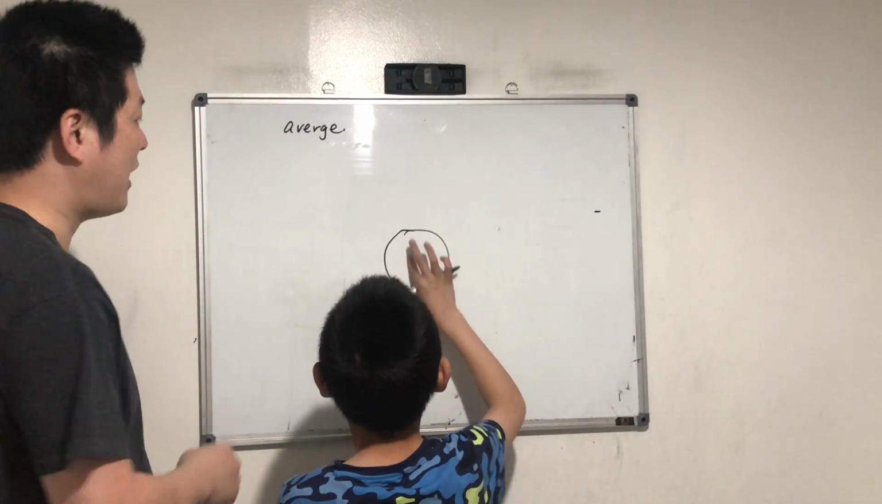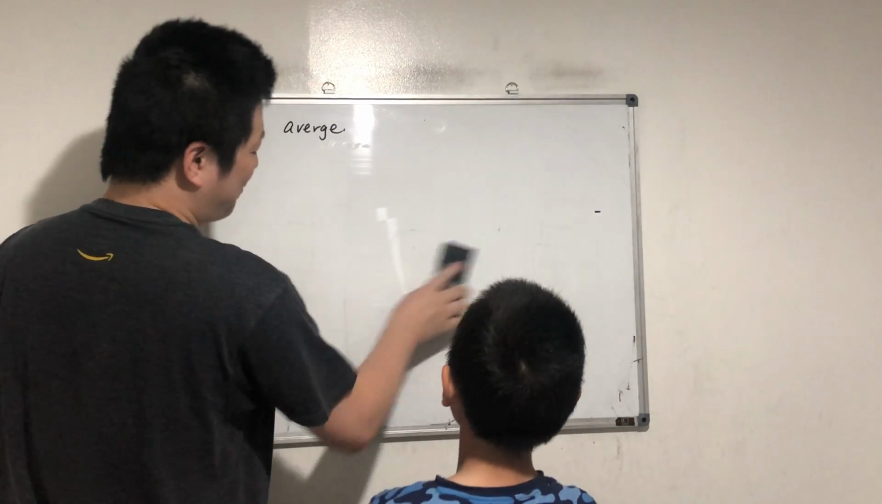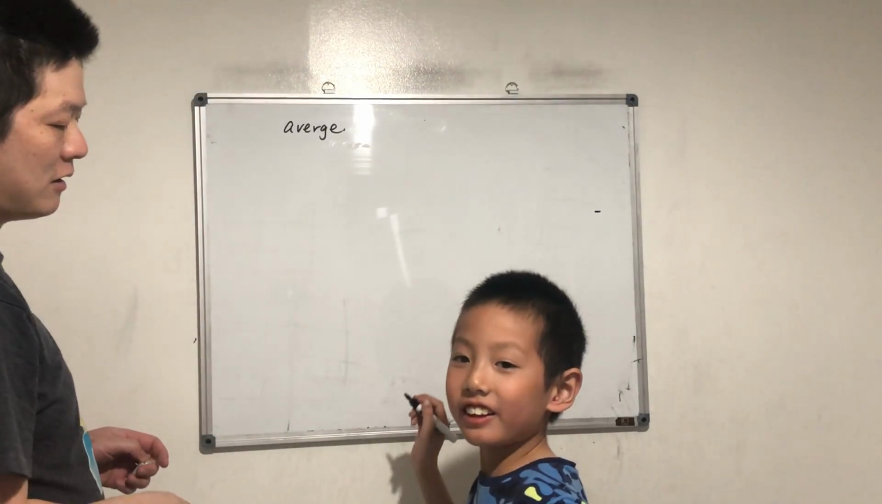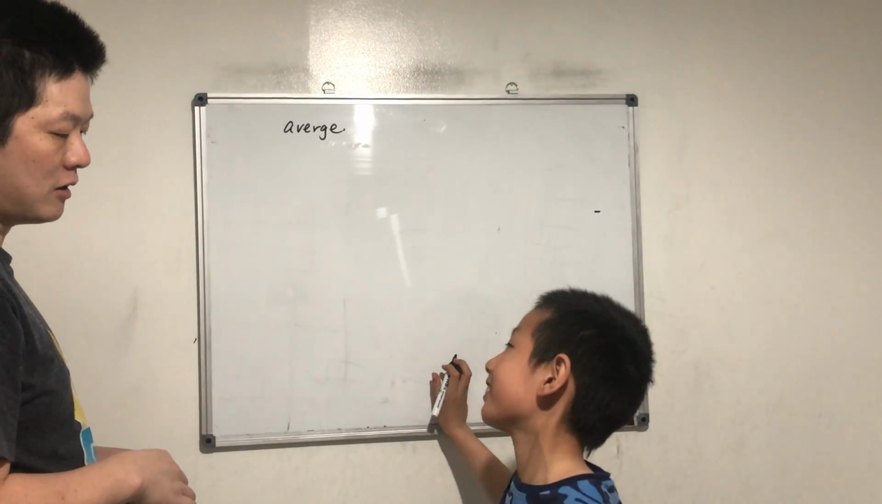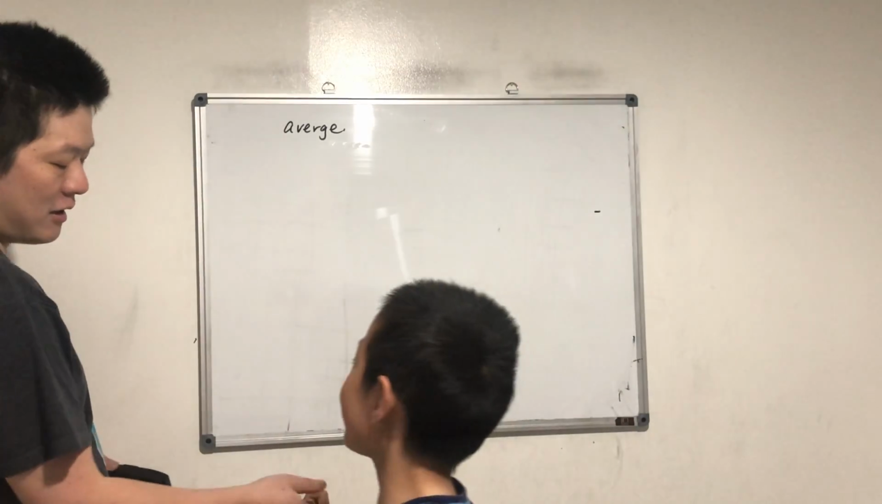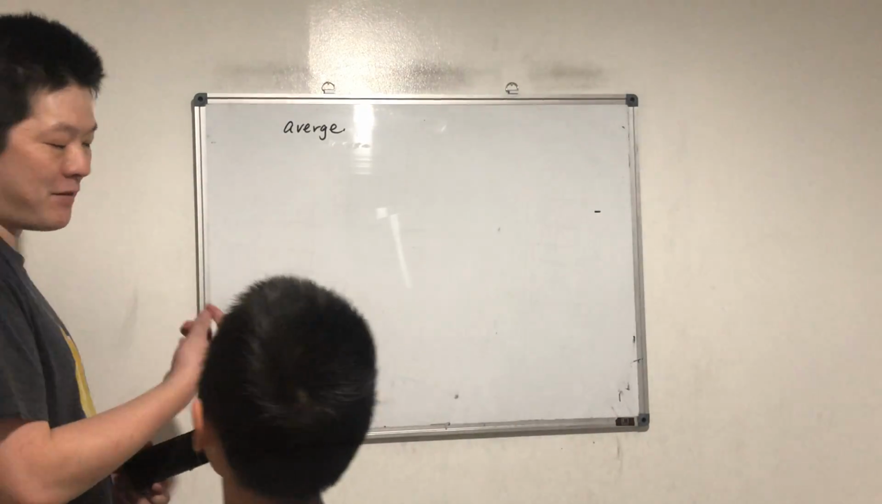Average. Why do you draw a binary tree? So what do I need to draw? What do I need to draw? How do you explain the average? Okay. So